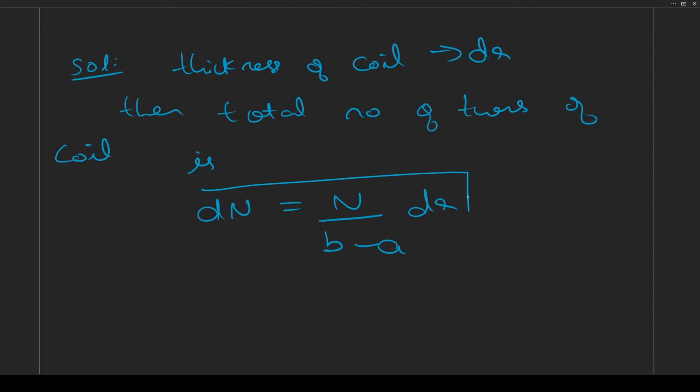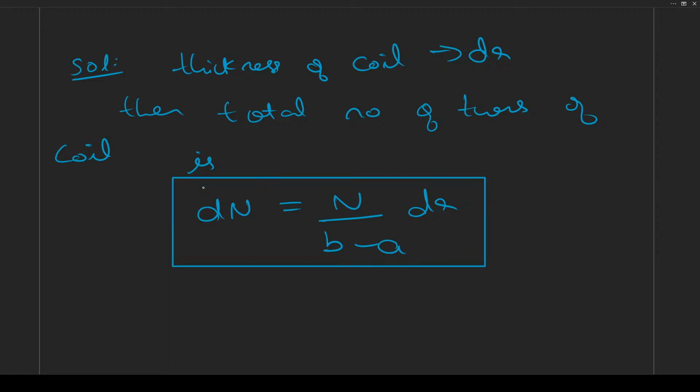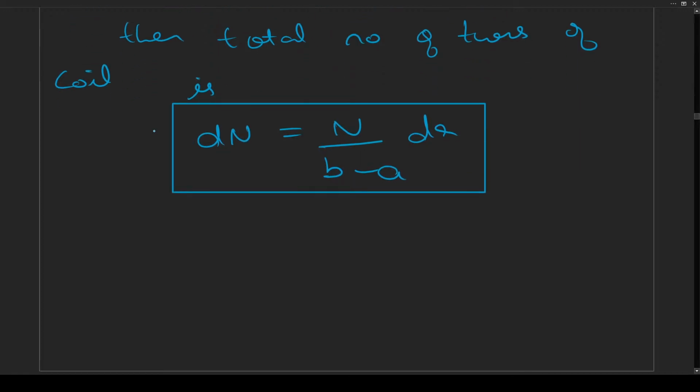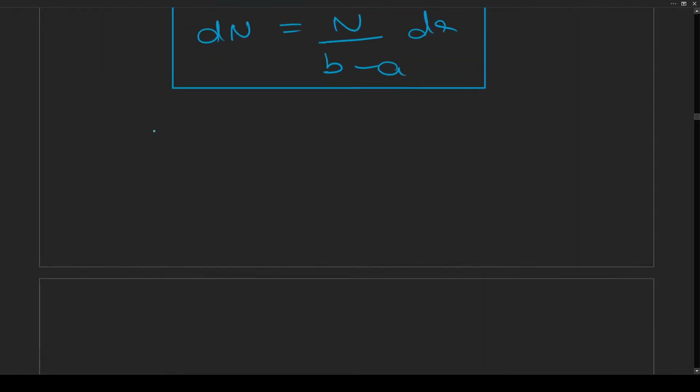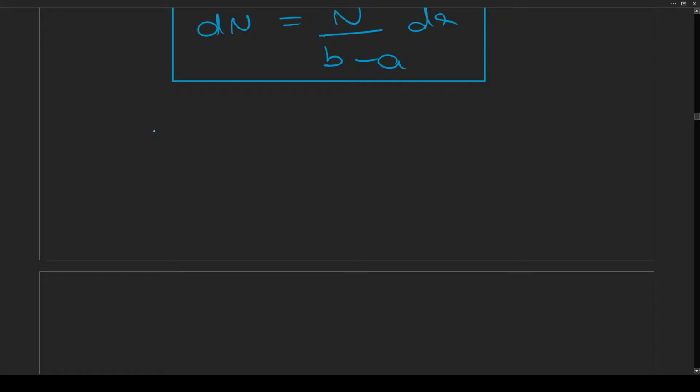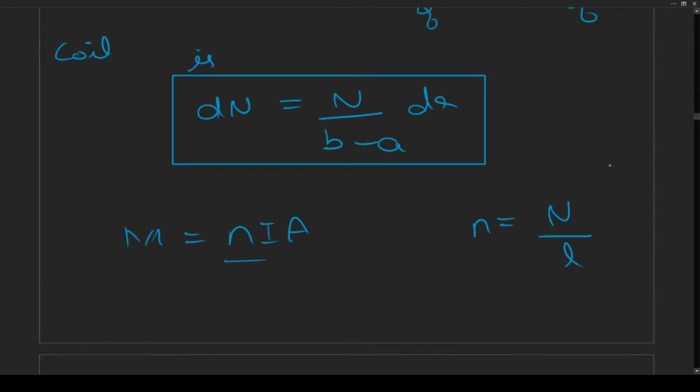This is the total number of turns due to this coil. And magnetic moment is equal to n I A. It's not capital N, it is small n I A. This n is equal to the total number of turns per unit length. That is why we took this here. We will get the magnetic moment, which is equal to